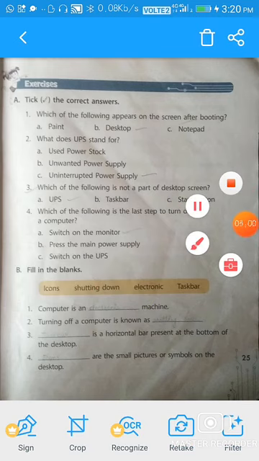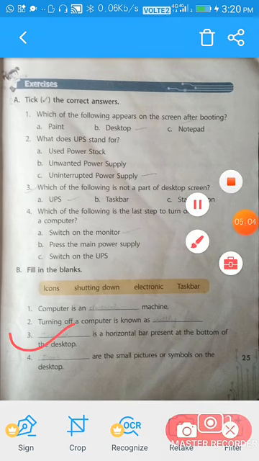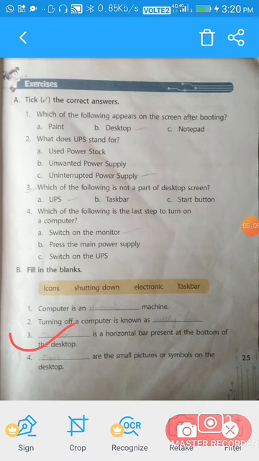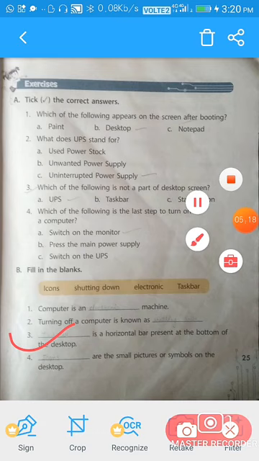Now third is, taskbar is a horizontal bar present at the bottom of the desktop. You can write the spelling of taskbar.